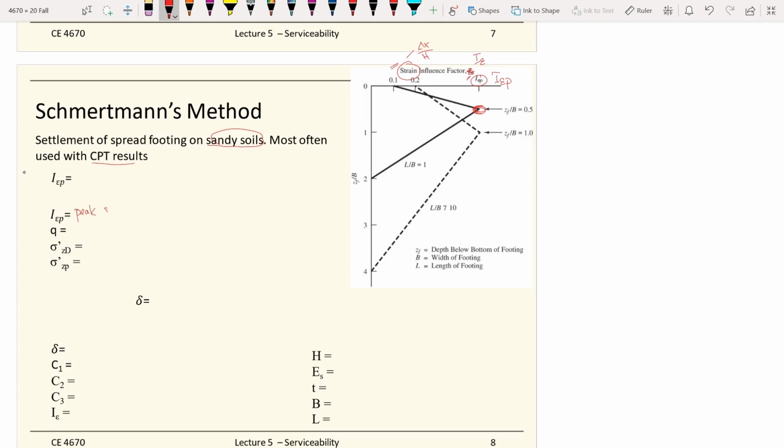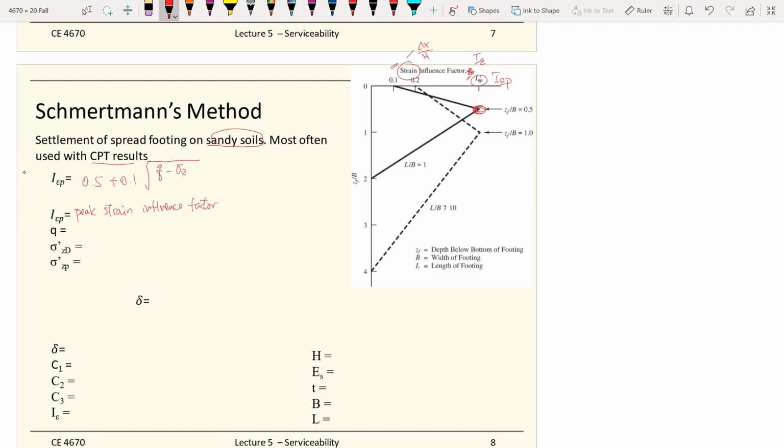This is the peak influence factor, and this is equal to 0.5 plus 0.1 times the square root of the CPT tip cone resistance,